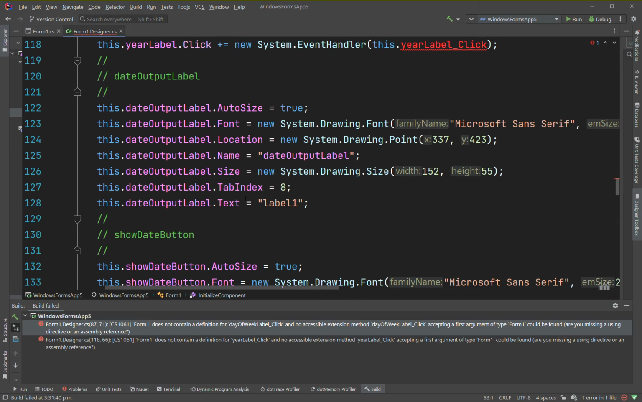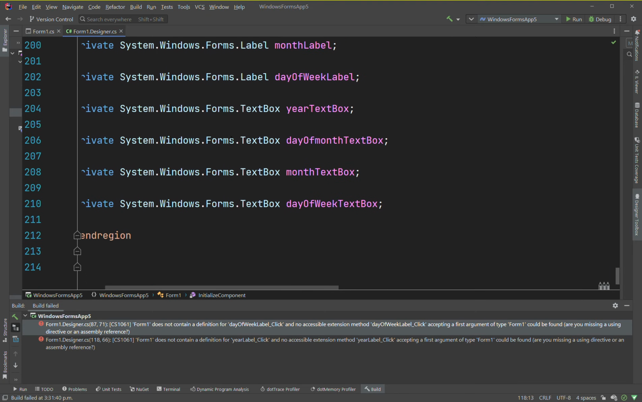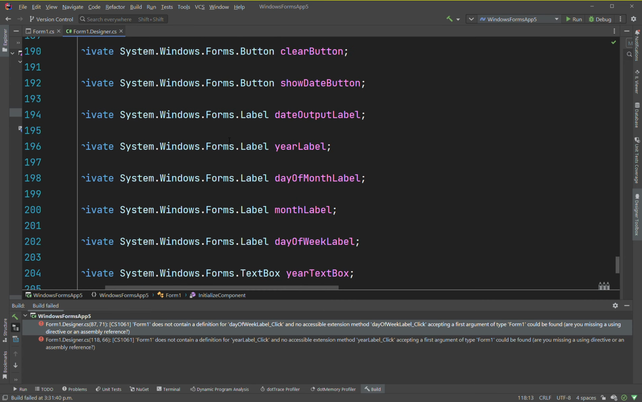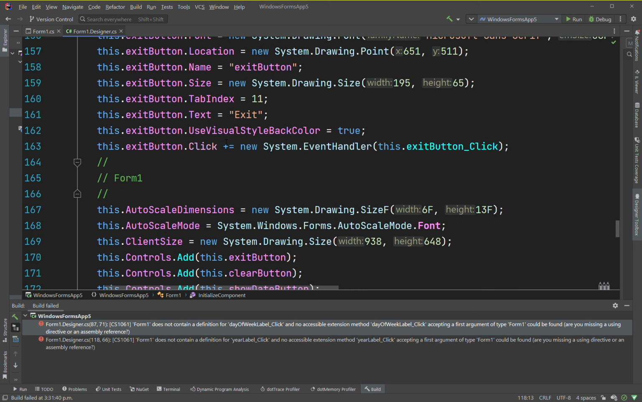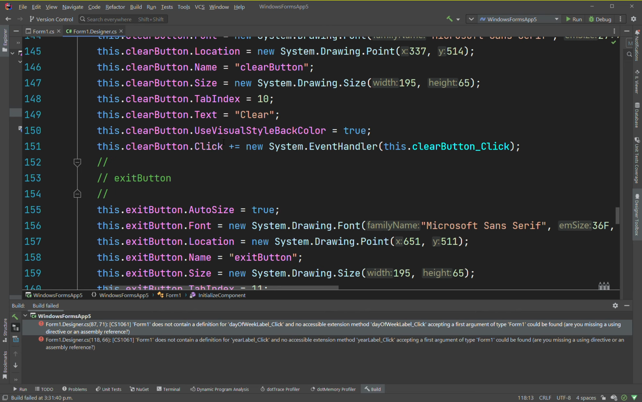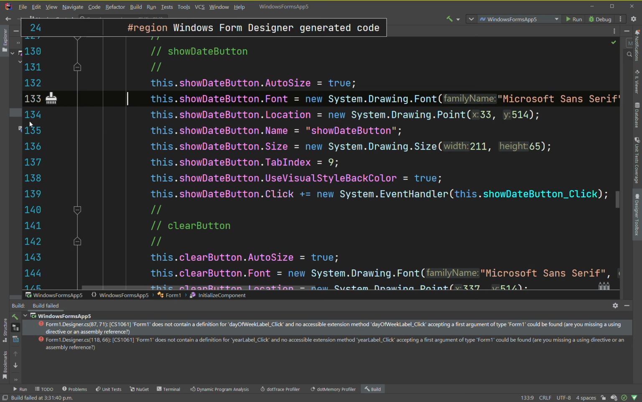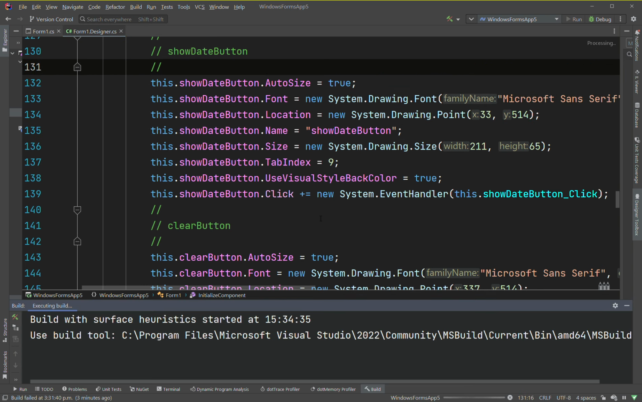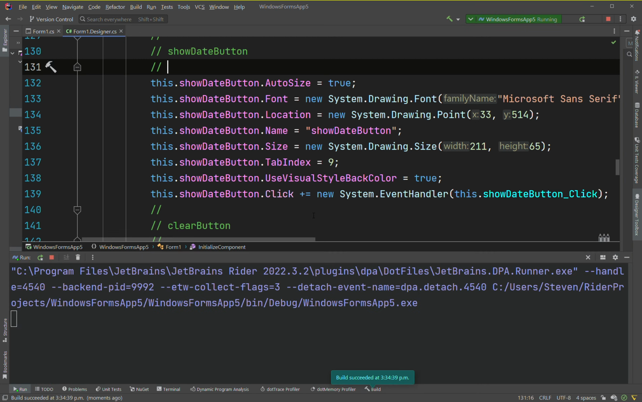Just looking for one more red line. Okay, there it is. Get rid of that one. That should be it. So we'll just go back to that. Actually, let's just try running it from here to see what happens. Alright, so we got our